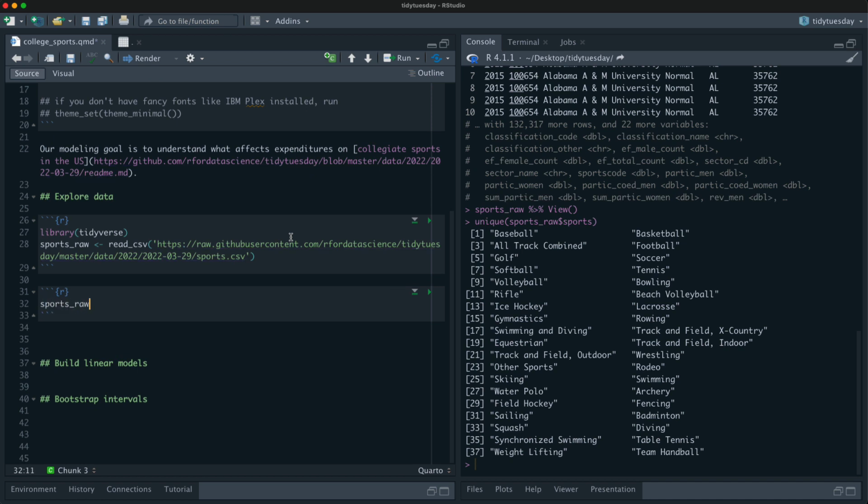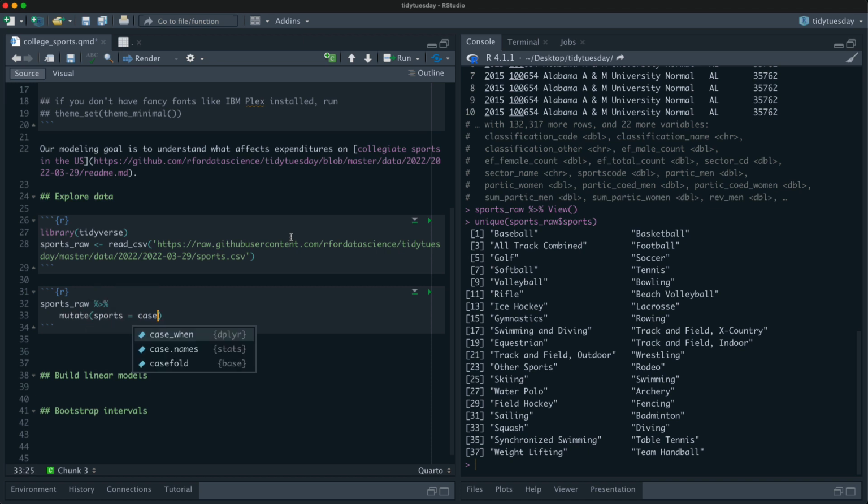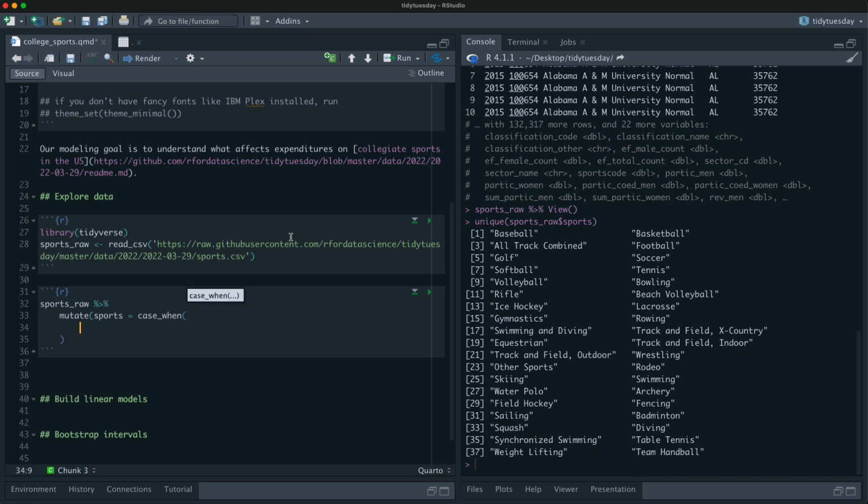So let's take sports raw. I'm going to change the sports column, and I'm going to use case when, which I love. I put a series of conditions here, and when this condition is true, have sports be this. When this condition is true, have sports be this.